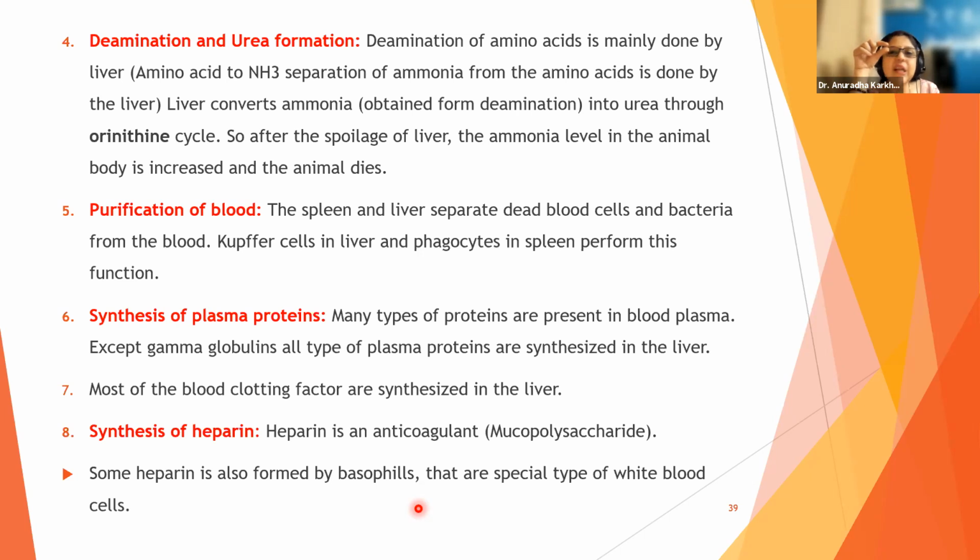Even in our body, the blood should not become clumped. It should not form clots. Right? So to keep it in the liquid form, it requires heparin. And who is going to synthesize heparin? The liver is going to synthesize heparin. Imagine if heparin is not synthesized, the person will have blood clots all over the body. So heparin is so very important. Correct? Some heparin is also formed by basophils, which are a special type of white blood cells, which we're going to talk about in the next chapter, that is circulation. In the heart and circulation chapter in humans, we're going to talk about these basophils also.